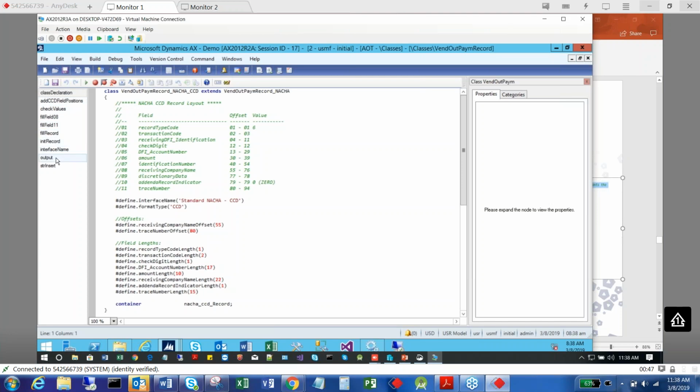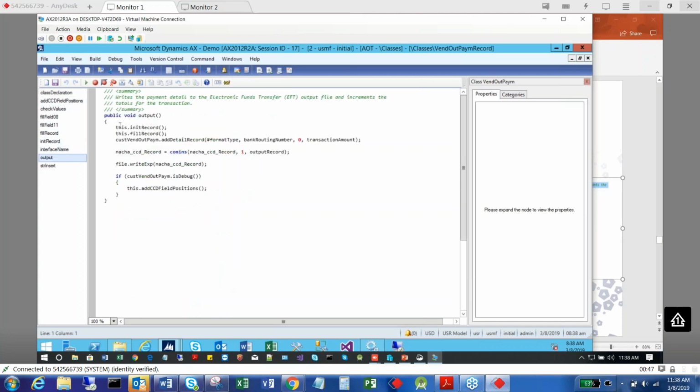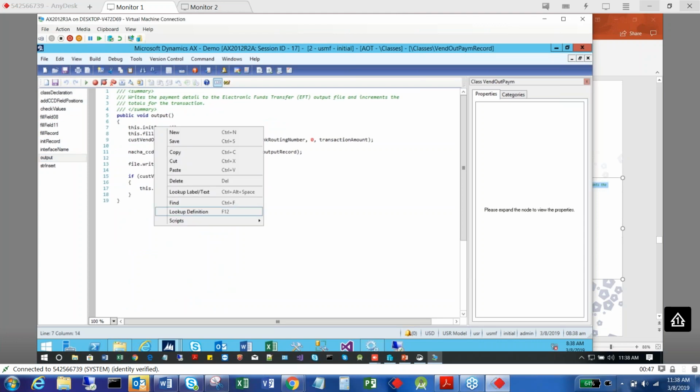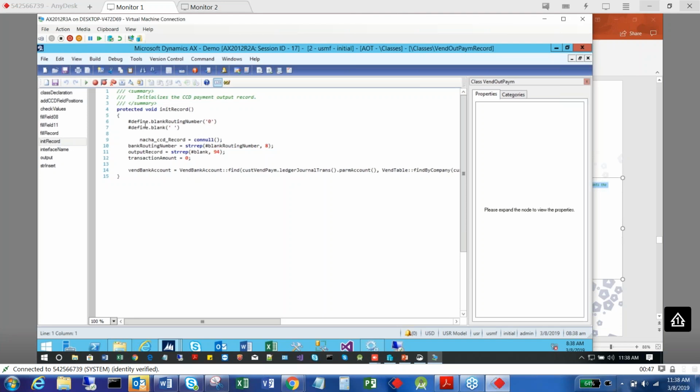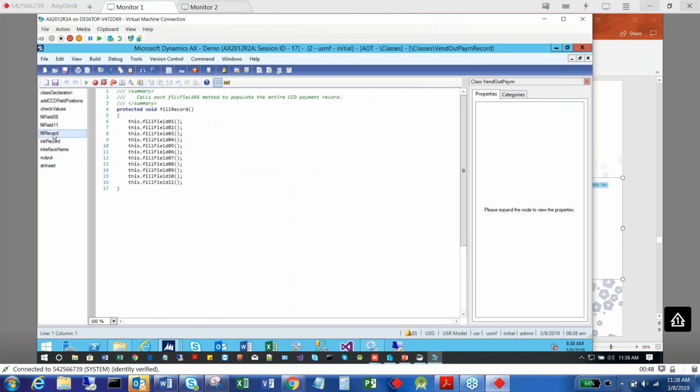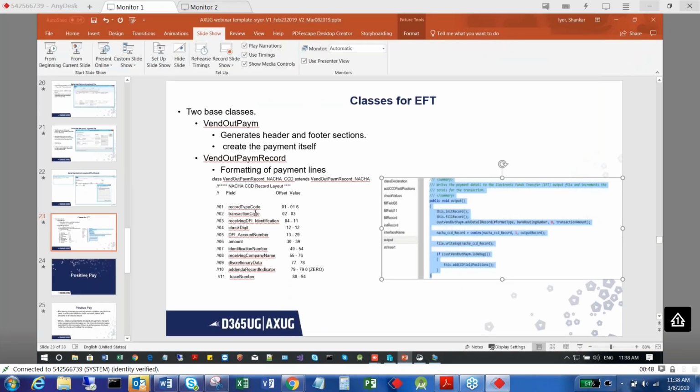As I told you, go to the output method. Here there are, in the first and the seventh and the eighth lines, if you can see, you have to go to the definition, and there you might have to change a lot of things. You might have to change in the field record, because every bank will give you a certain kind of specification how they require it,